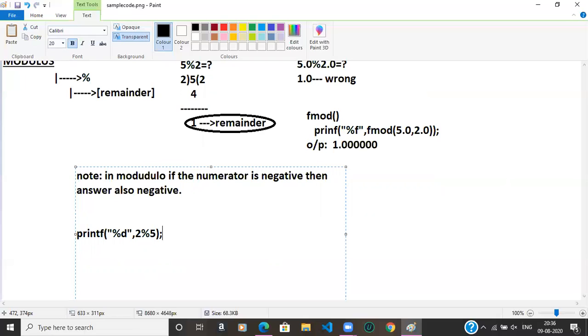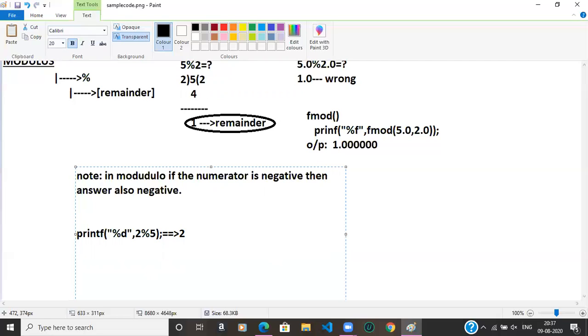What will be the result? Remember this, guys. If the divisor is bigger than the dividend, the dividend is the answer. Remember this point. If the divisor is bigger than the dividend, then the dividend is the answer. So the answer will be 2. Okay, remember this important point.